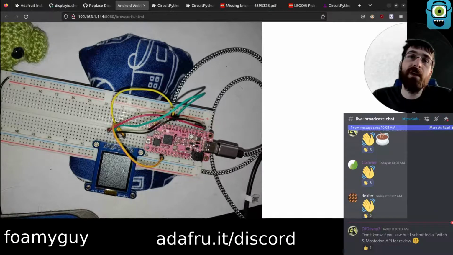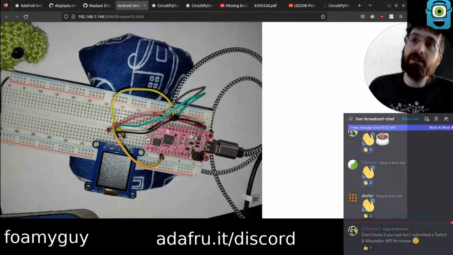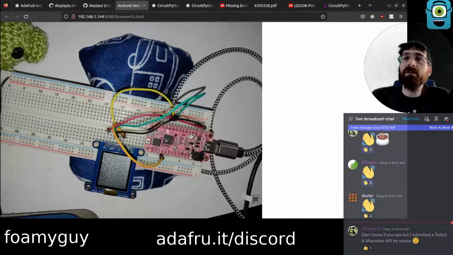In this case, we have it hooked up to a particular kind of display that we're going to be testing out. So CircuitPython is the code that runs on here, and that is kind of the gist of what I generally stream about, is working on CircuitPython projects or libraries or infrastructure or some other parts of the project.